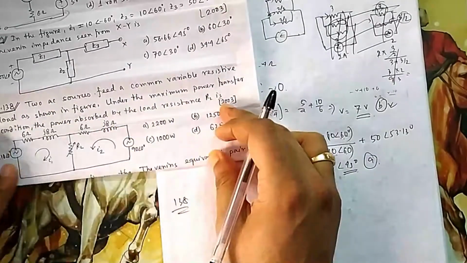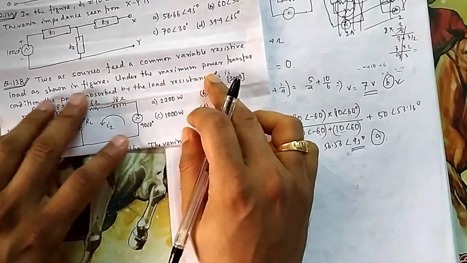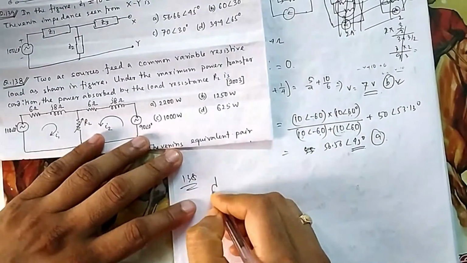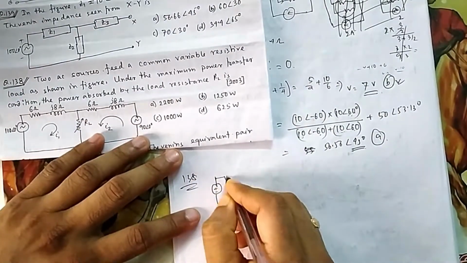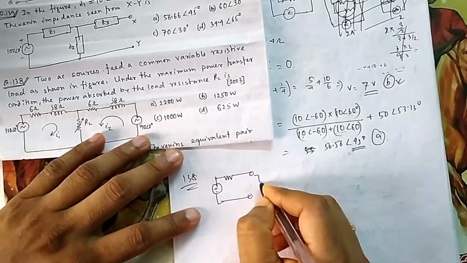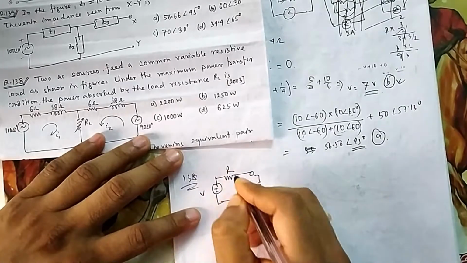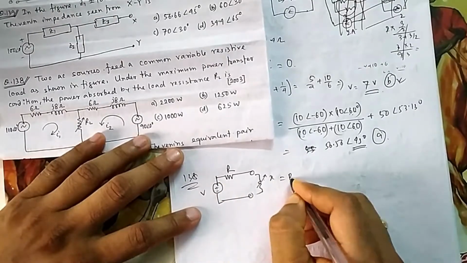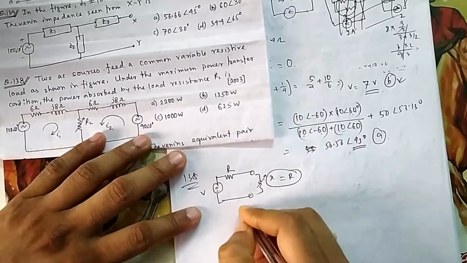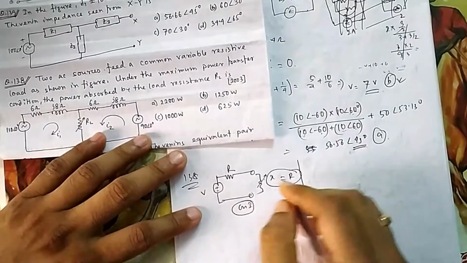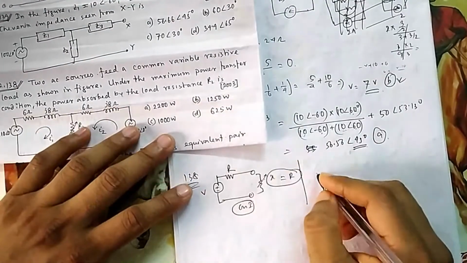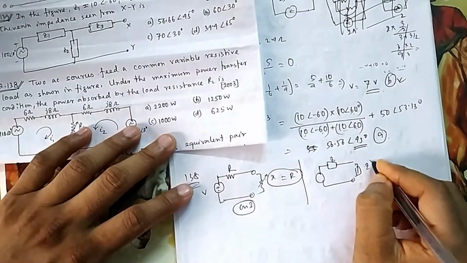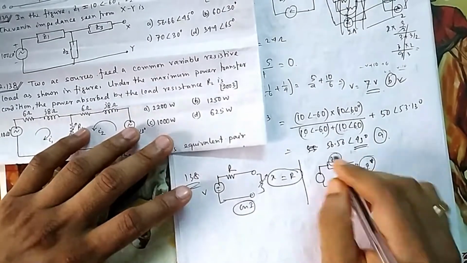Two AC sources fed from a common variable load. This is given under the maximum power transfer condition. Now in the maximum power transfer theorem there are two special cases. We remember generally only those cases and we try to apply only those. So this is varying. We remember it in this way. If it is resistance, then X should be equal to R to get the maximum. So this is case 1, maximum power, that is known as the maximum power transfer theorem. Or you have a Z here, then what should the load be? It should be Z conjugate. So these two generally need to be remembered.